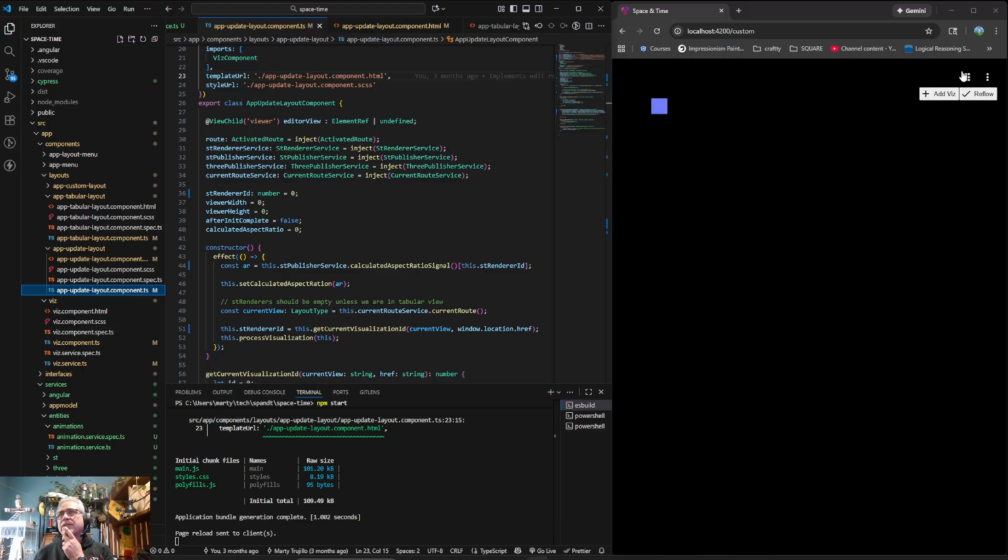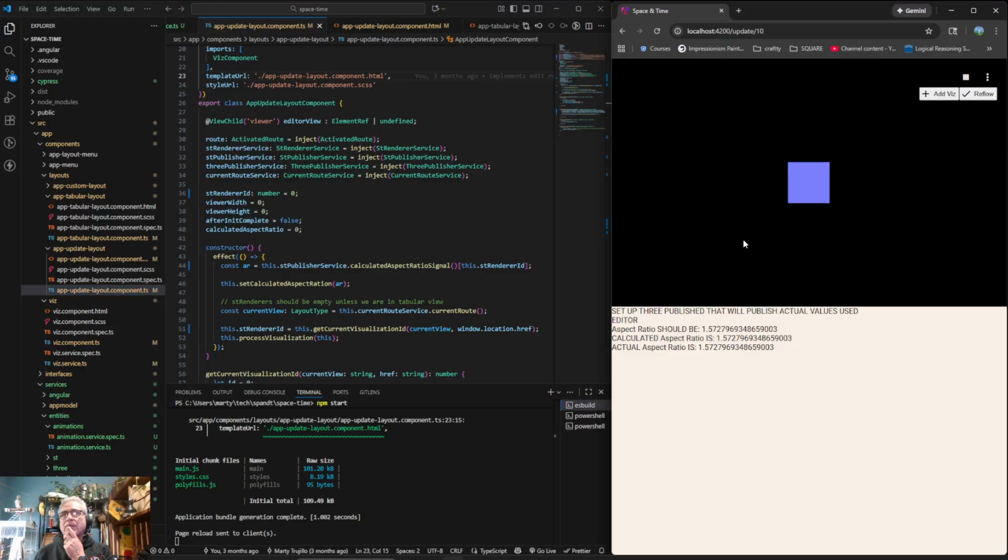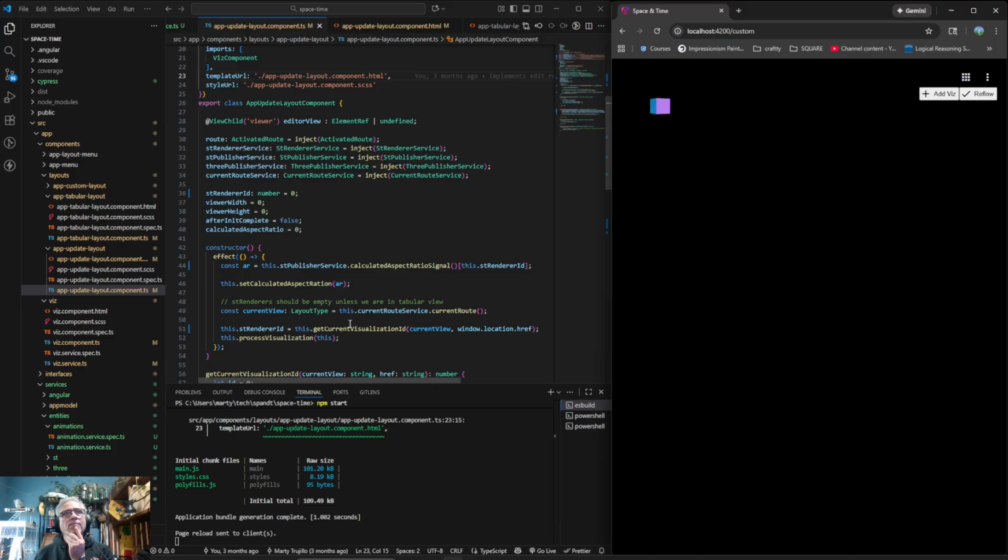Oh, I'm curious. Go over here, update. Oh, so the aspect ratio was right. So for some reason that code still works. I thought for sure, because I'm pretty sure it's based on this visualization. But anyways, I'm no closer to understanding why things are broken. I did make some more changes that didn't seem to break anything because it was just a rename of variables, but it should make it a little easier to make sense of what is going on and why our visualization,